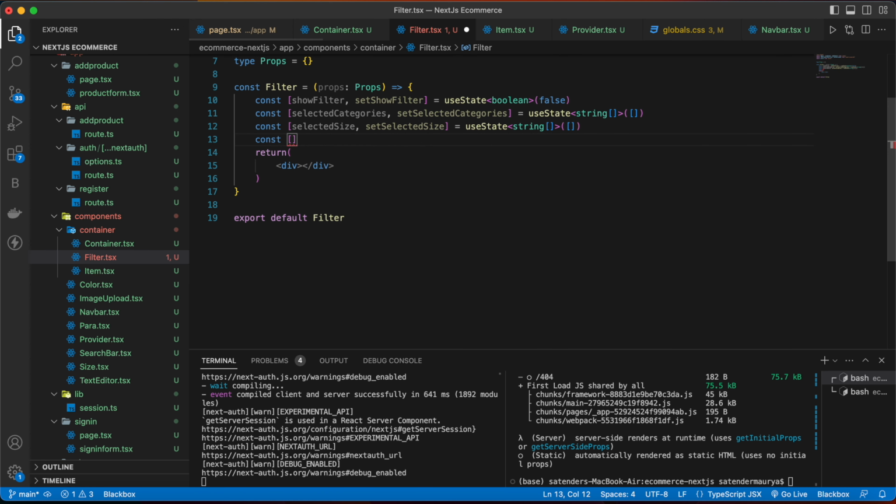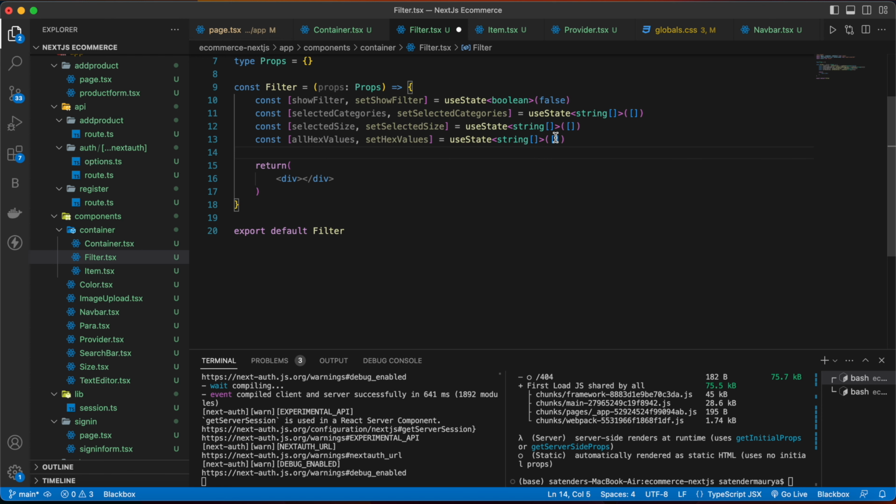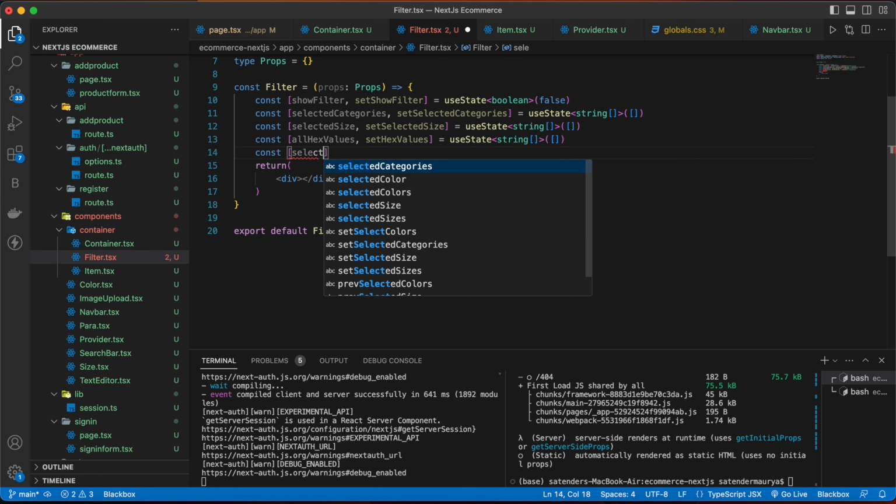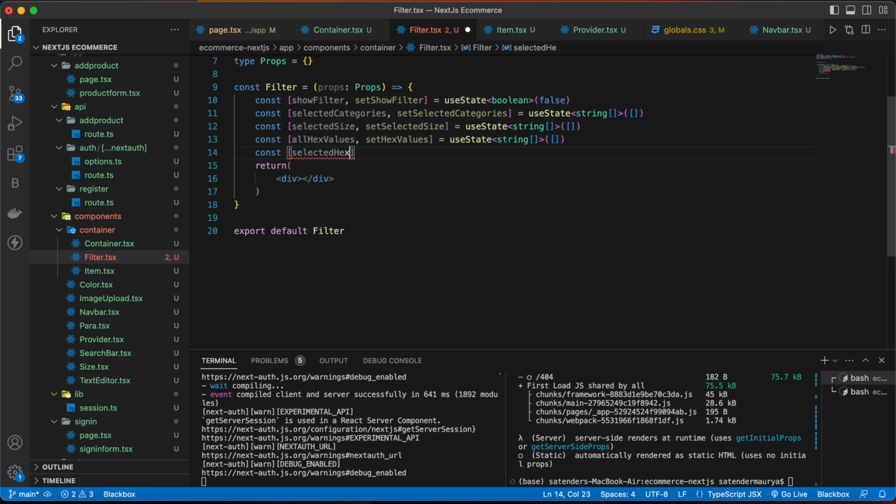Then we are going to have all hex values, set hex values, useState, the type will be same. Add selectedHexValues, setSelectedHexValues, copy and paste.